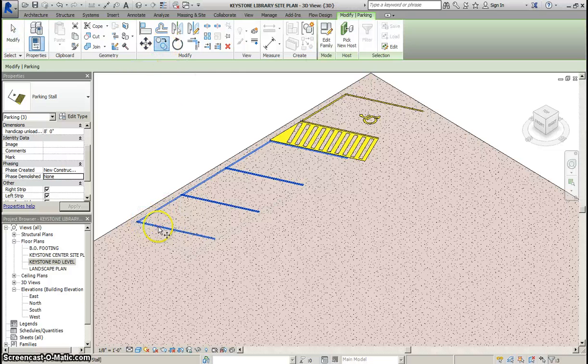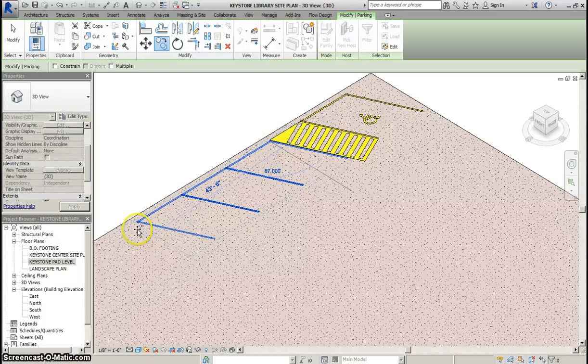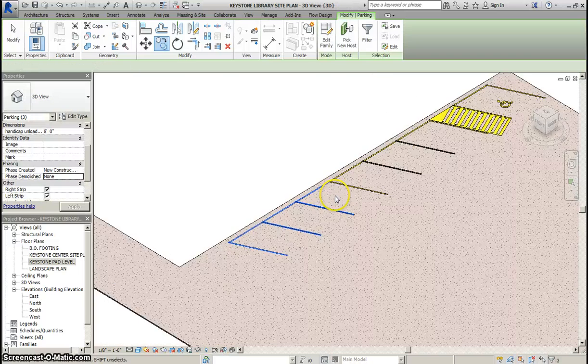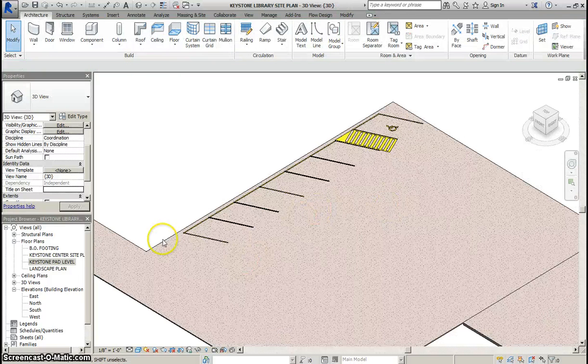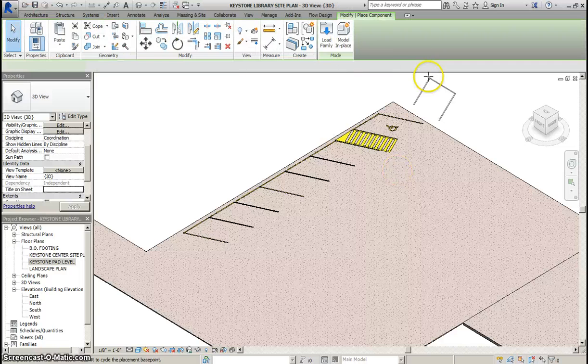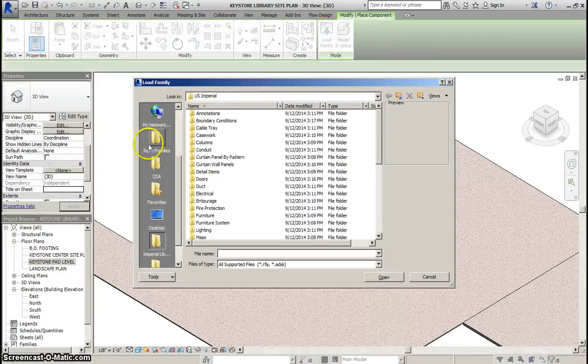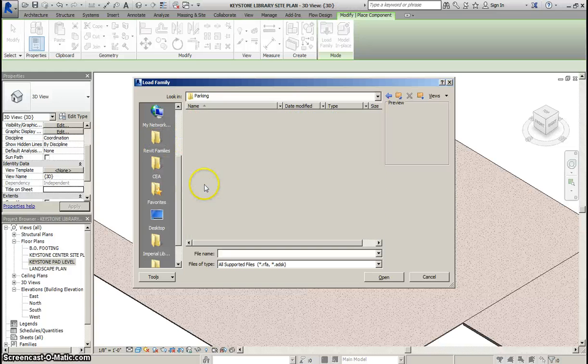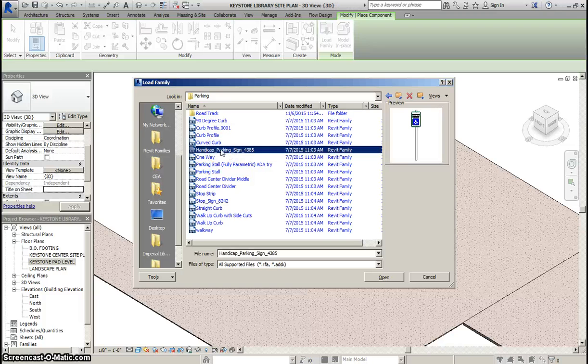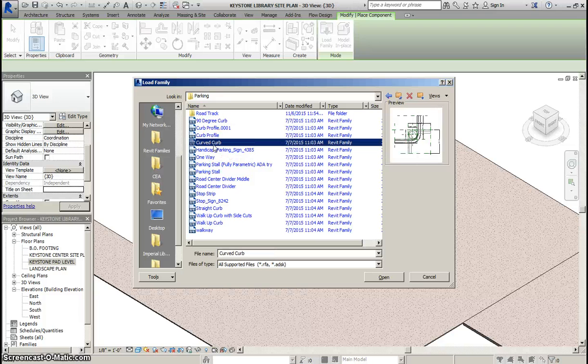Or now I could pick it up a little bit because you're going to need a lot of parking spots. All right, so those are some different choices. You have the components I gave you, the Revit families that I emailed to you a long, long time ago, and there's a parking folder in there with all sorts of goodies. We have handicapped parking signs, we have some curbs,